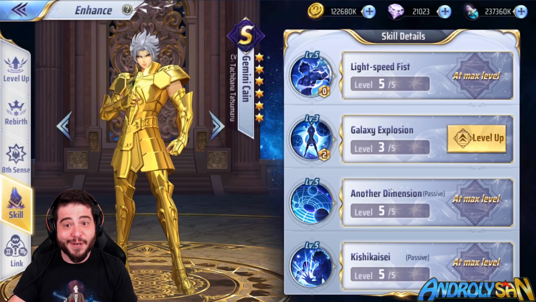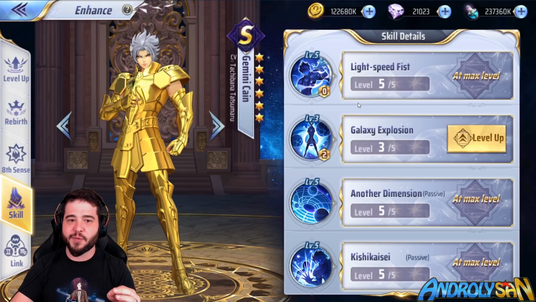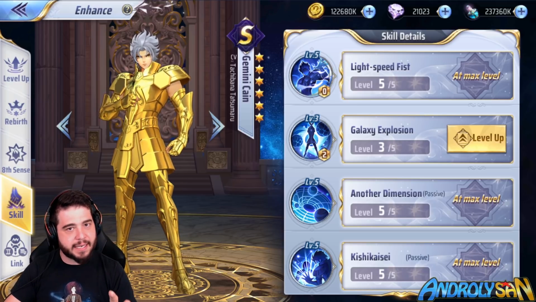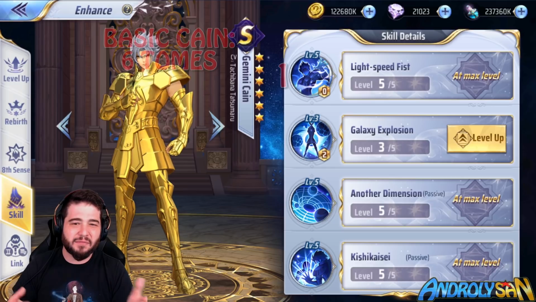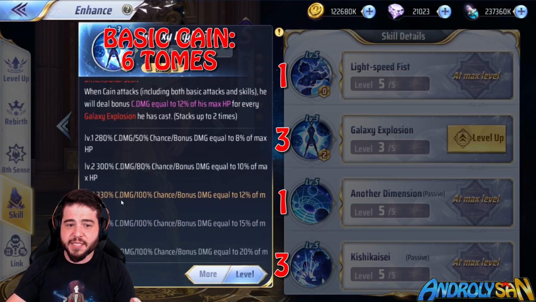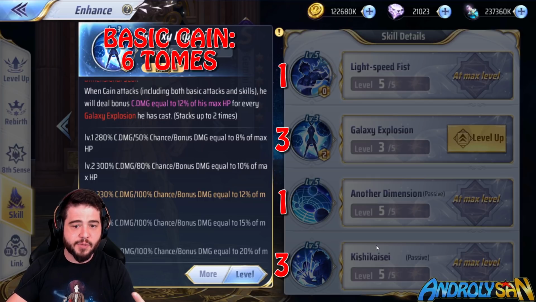And now it's time to talk about skill ups, which is a complicated subject with him because, as you can see, he takes a lot of tomes if you want to be able to depend on his abilities. A basic Kain that is, to be honest guys, is not gonna do much, would start at levels 1313 is what we're recommending. This gives you 100% chance to apply the seals with his Galaxy Explosion,